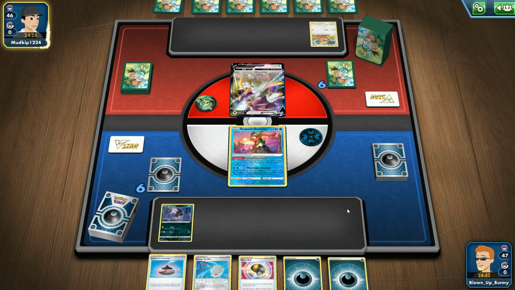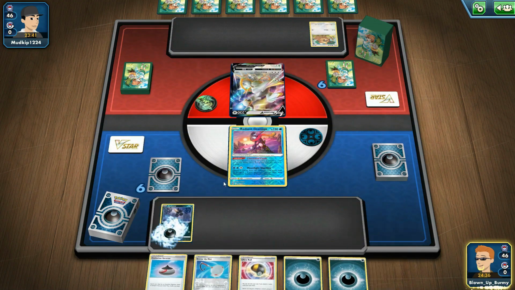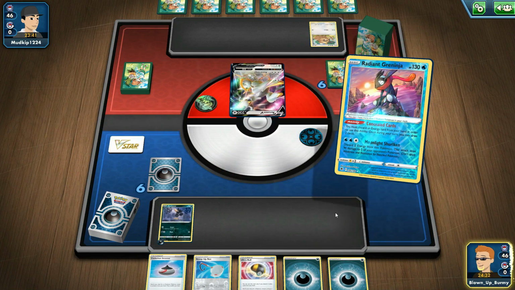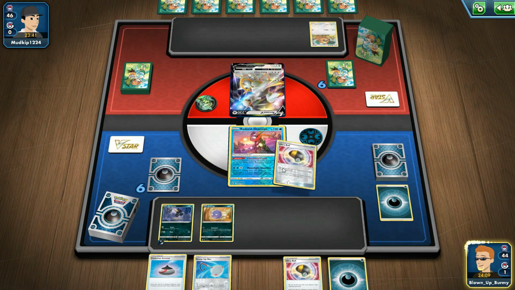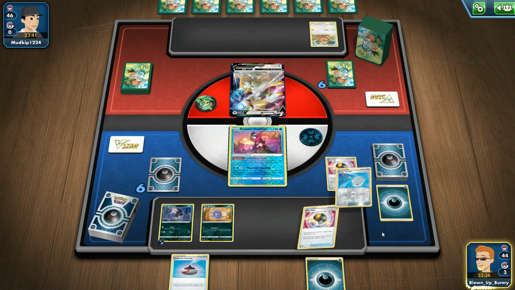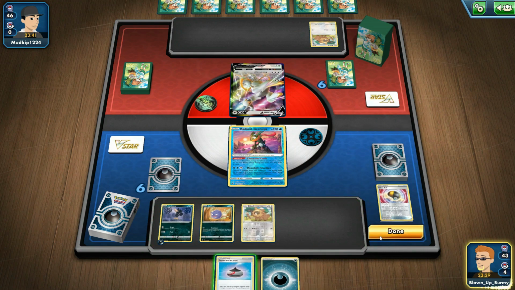You actually have to transfer all energy attached to your Honchkrow, so they don't give you the option of moving only 1 or 2 energies. You actually have to transfer all energies. That means you're gonna have to watch out for Boss. If your opponent bosses one of your Koffings, you're gonna lose 1 energy, but we got 2 more on the